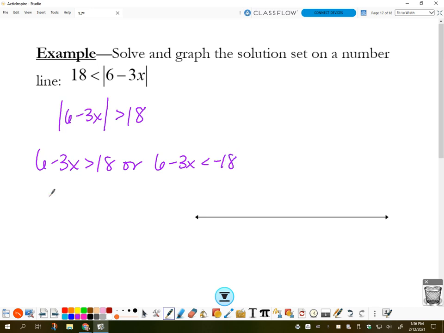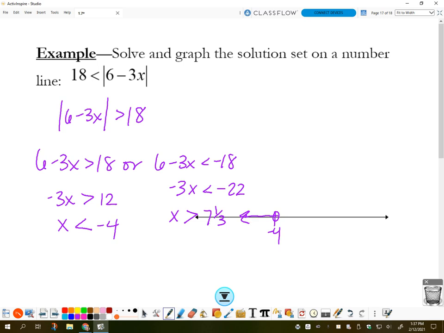And so we'll have subtract 6, that's 12, divide by negative, so that flips and it's -4. Subtract 6, and that's -22. Divide by -3, this flips, and we get 7 and a third. Alright, so -4 and smaller,